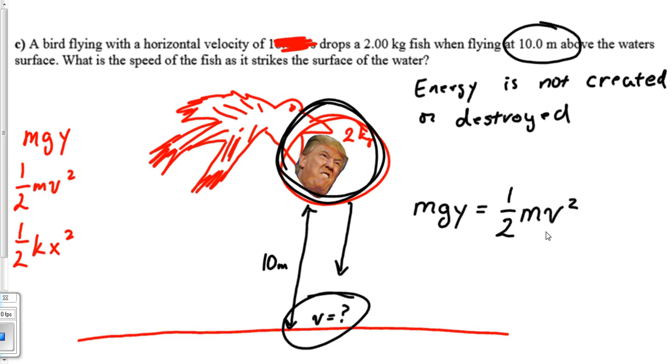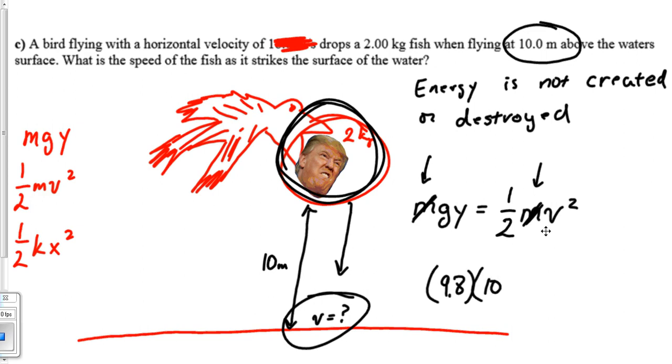Really fast, really easy. I want you to look at something. There's a mass on the left and a mass on the right side of this equation. What does that mean? It means the masses are going to cancel out of the equation. So we didn't even need a mass. So this is going to be 9.8